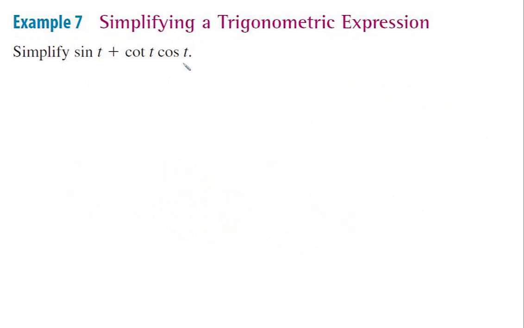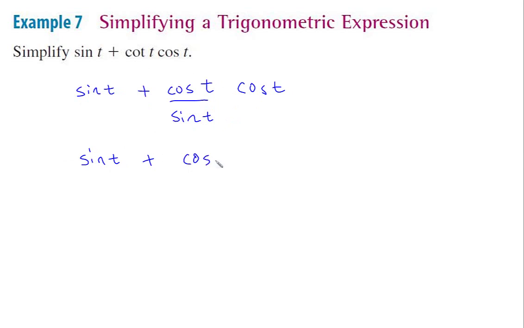Alright, the next example here. So we need to simplify this. The first thing I see is, hey, this cotangent. I'm going to change that to sine and cosine. So I have sine t plus cotangent, which I know is cosine t over sine t, times cosine t over here. These are multiplying, so I'm going to end up with sine t plus cosine squared t,